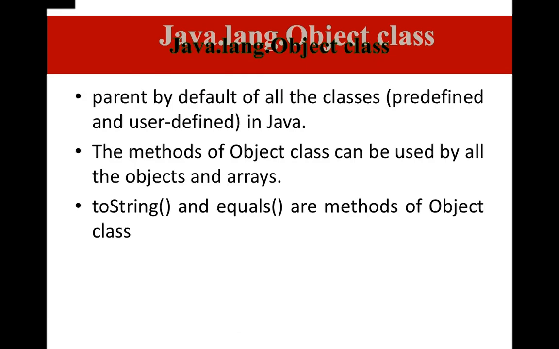Here we are going to concentrate first on the Object class. The Object class is the superclass, or the parent class, for all the classes in the class hierarchy. Whether you define the class or it is defined in the API, Object is the superclass for all of them. There are several methods in the Object class which we can use. Let me explore the Object class.